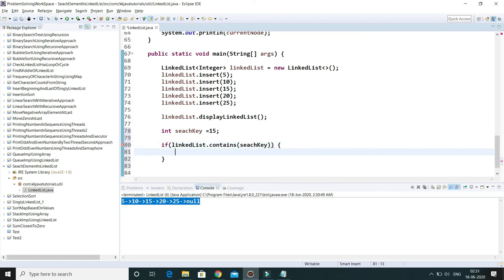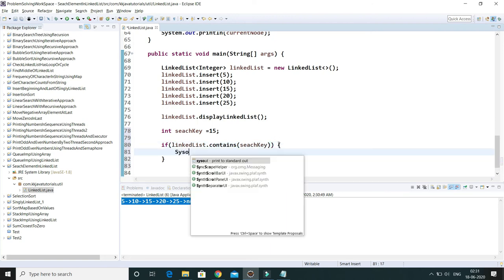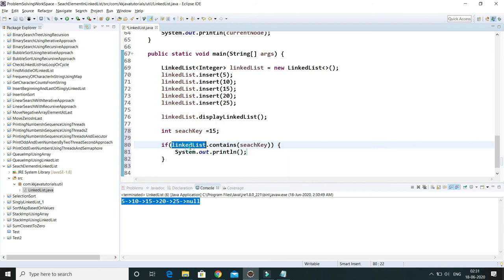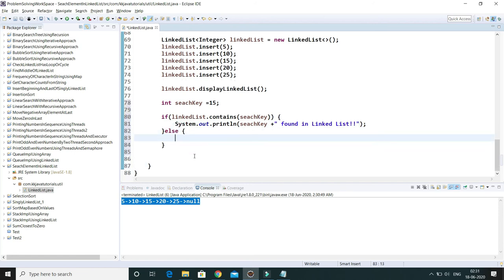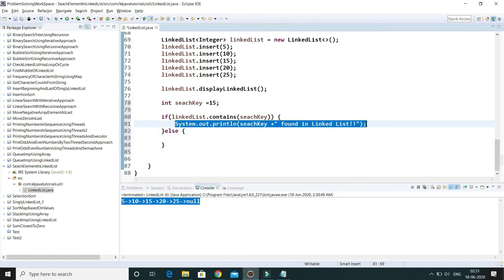If we find the search key within this linked list, then this method is going to return true. In that case I'm going to print search key found in linked list. Else, if this method returns false, then we are going to print some other message.